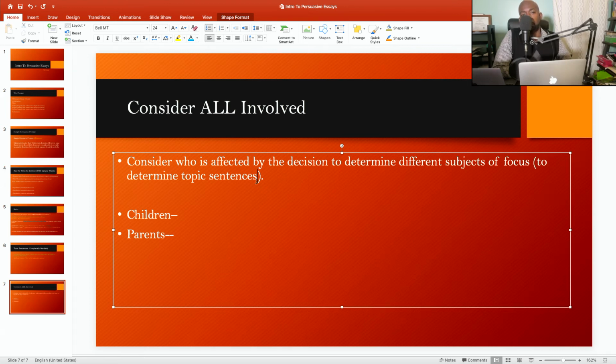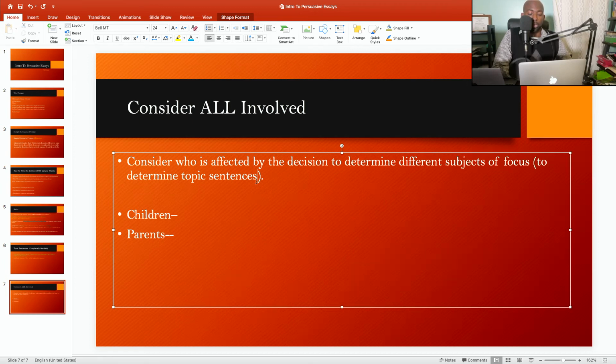Because if you have different subjects to focus on, then you can write topic sentences about each subject, one subject being different from another, and that's going to automatically cause your topic sentence ideas to be different so that they don't overlap, because it's so important that you avoid that overlap